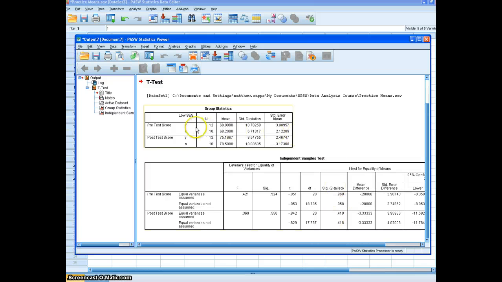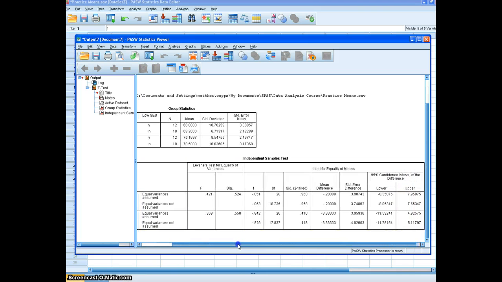Now, we have 12 who are low SES, 10 who are not low SES. There is the average score for the low SES on the pretest and the average score for those who are not low SES for the pretest. And then it has the post-test scores. Down here